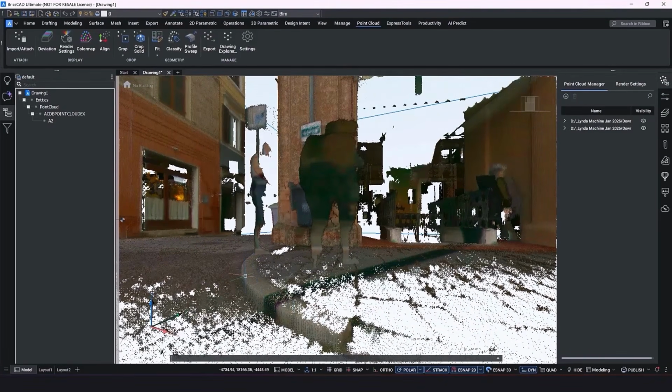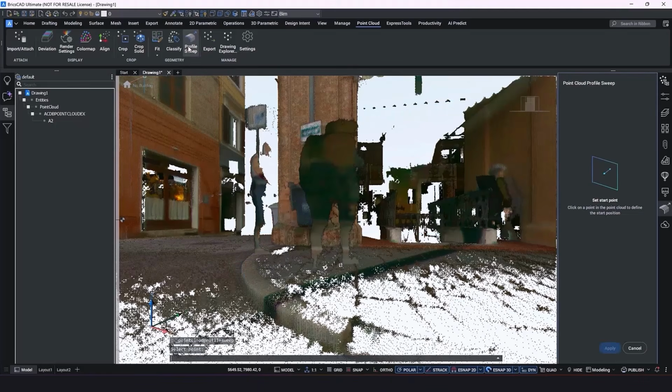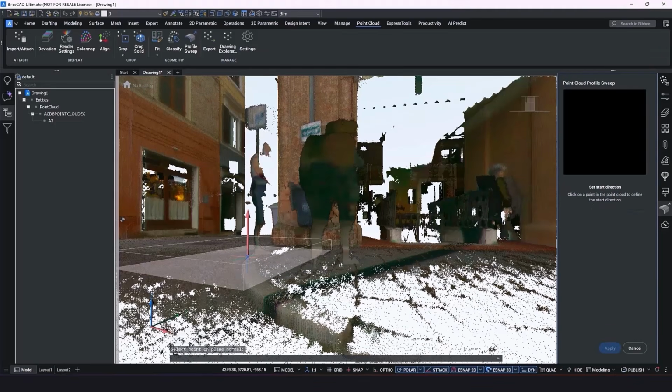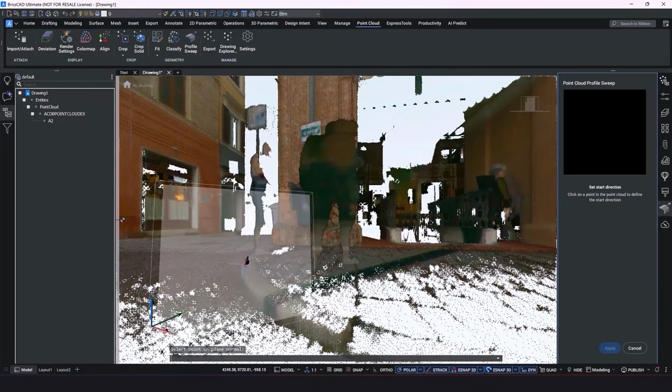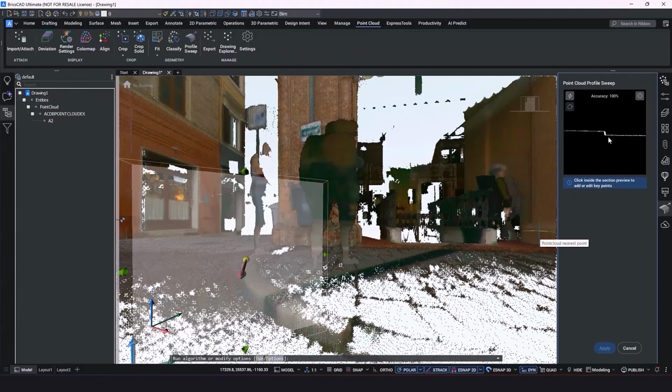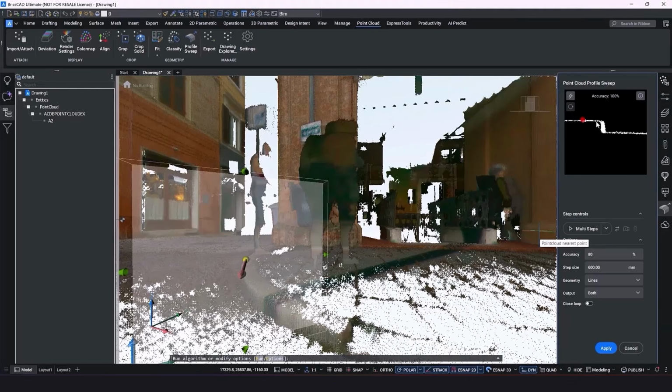So here we have our curve. I'm going to hit Profile Sweep, and we're going to do exactly what we did the last couple of exercises. We want to give it something, and then say where we want it to go. You can see it's a very simple curve, which is good. But again, we have to put in our key points.